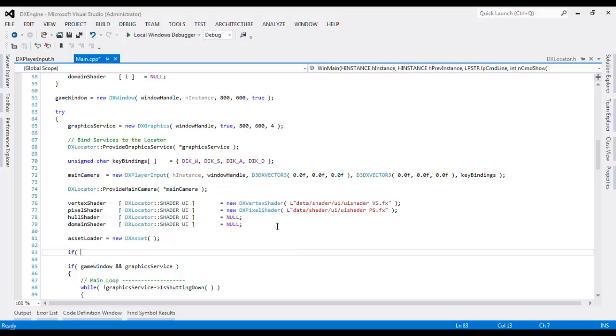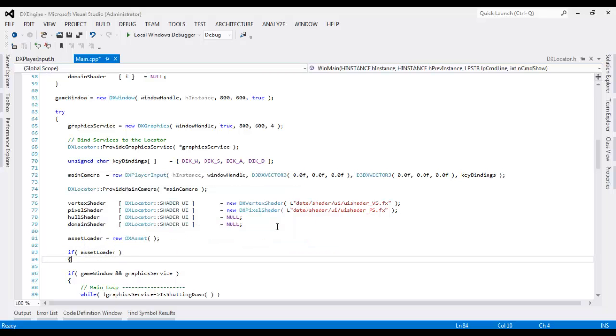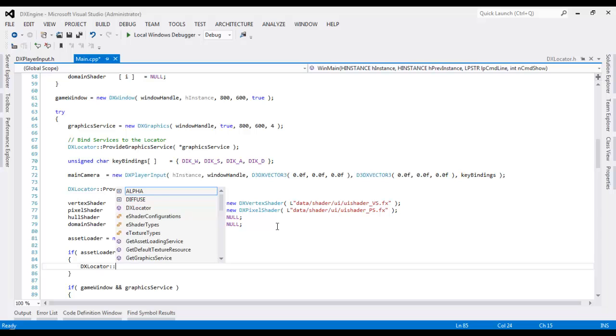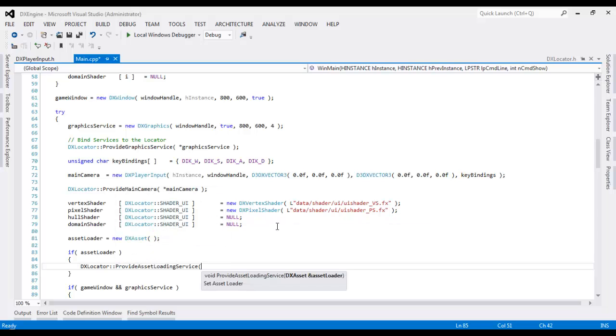As long as the loading of the asset loader is okay, we'll provide our asset loading service to the locator,